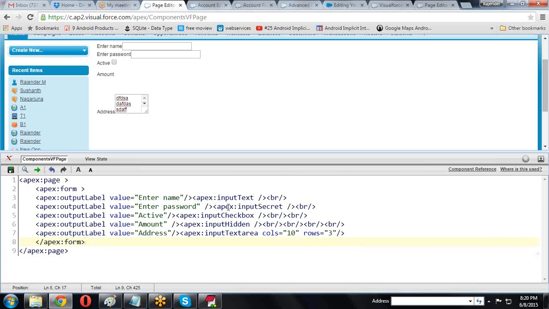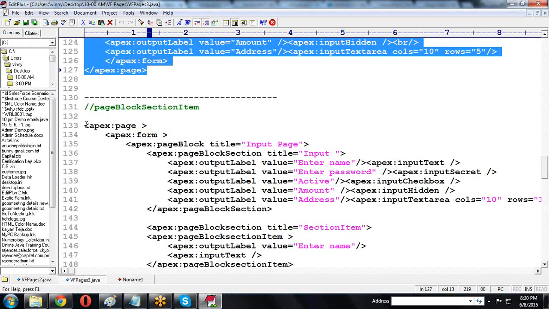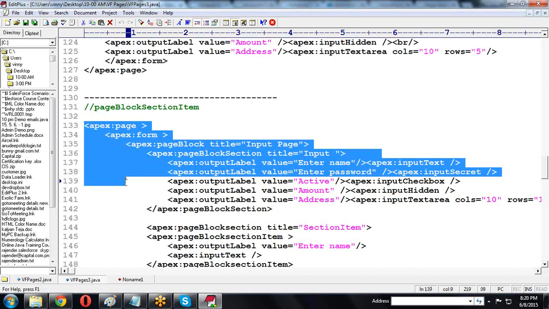Okay, now I want to create a pick list. How to create the pick list?